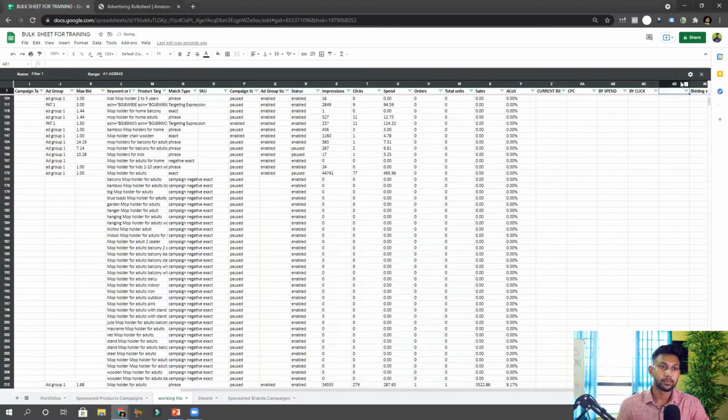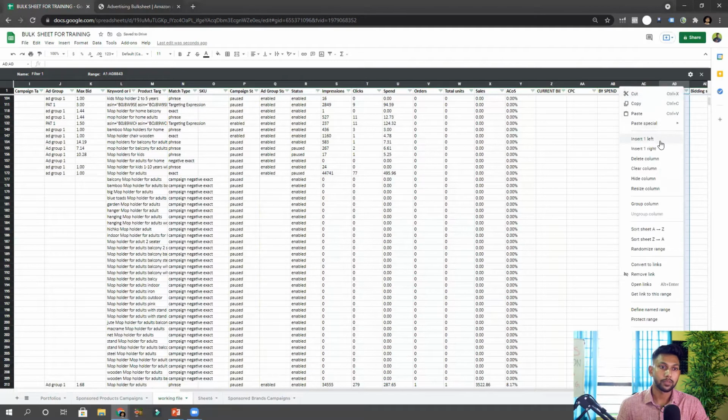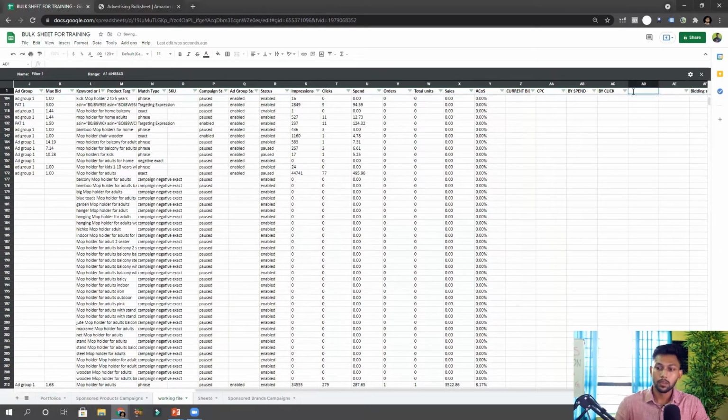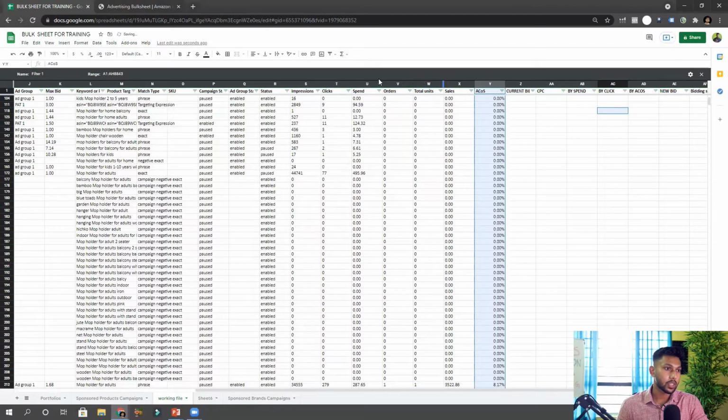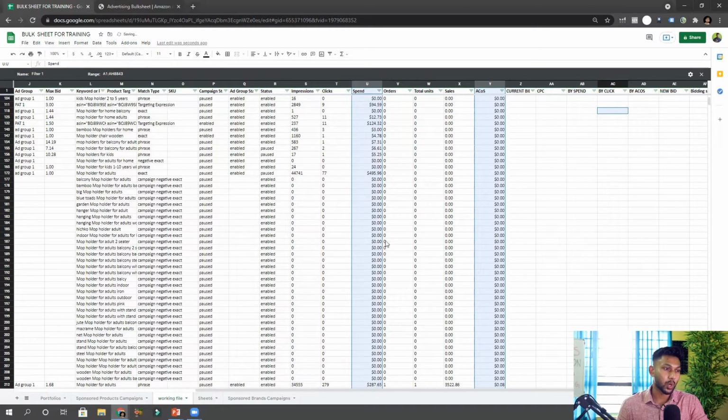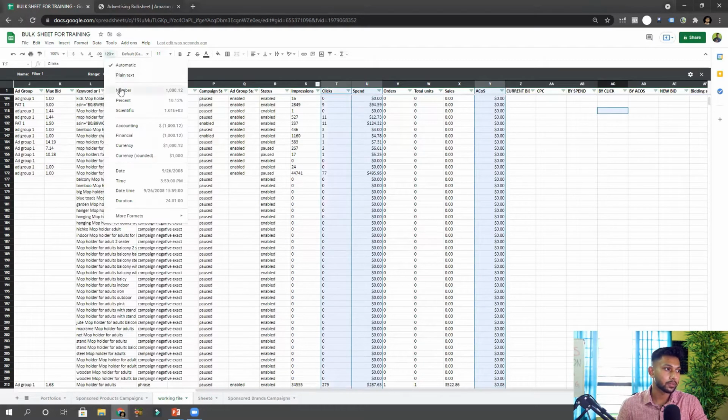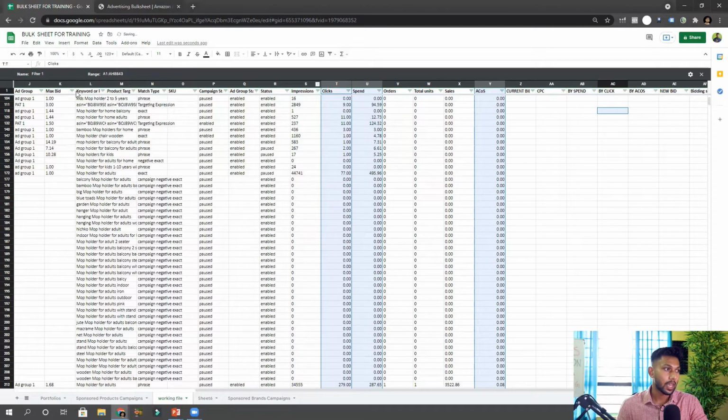Then we need a few more columns, right? By a cost. Then we will have new bid. Okay, now what we have to do is we have to change a few things here. Okay, first make it percentage. Then next thing is spend, make it currency. Now this is dollar, but you understand it, right? It is in rupees only. Now clicks, it is number. Okay, and max bid,